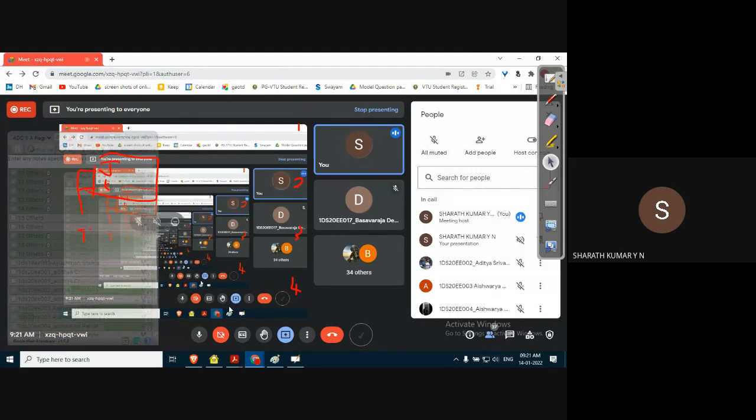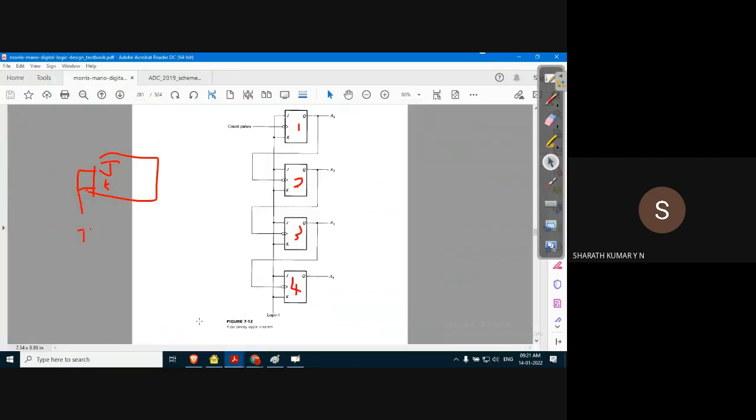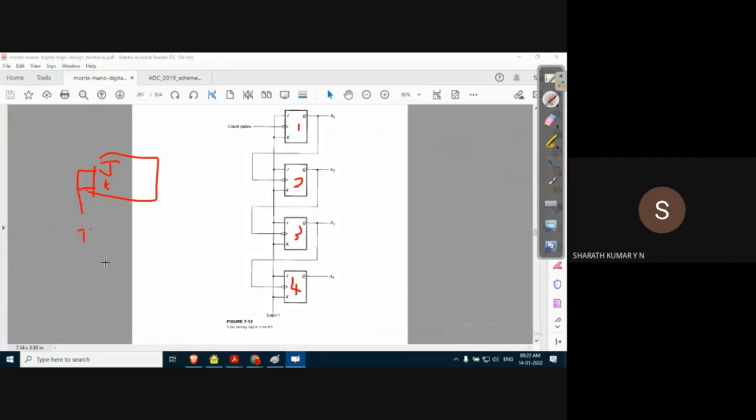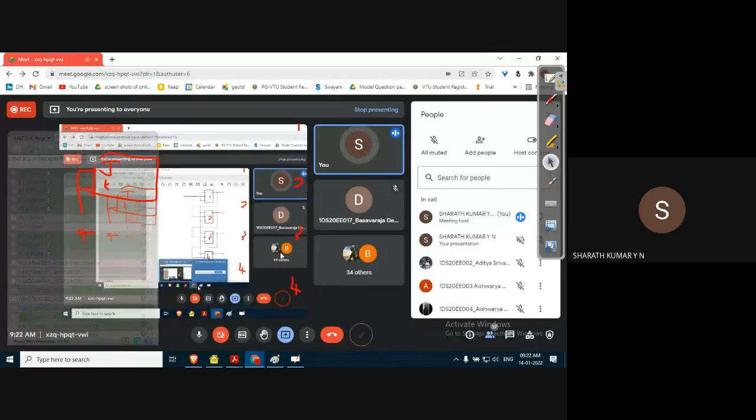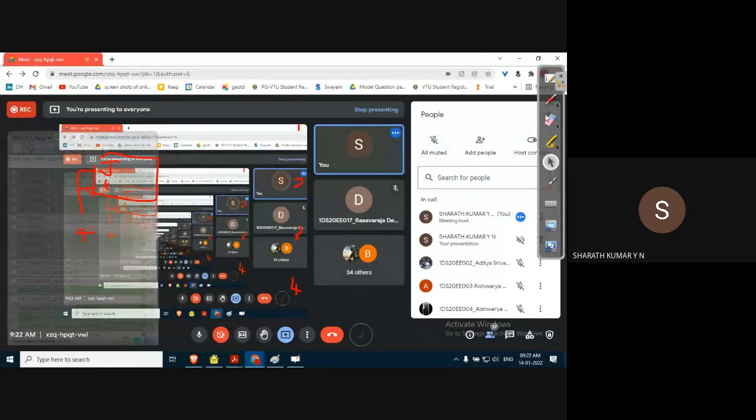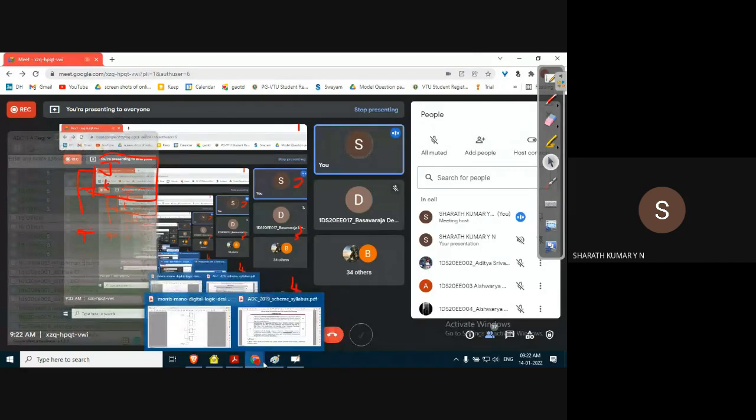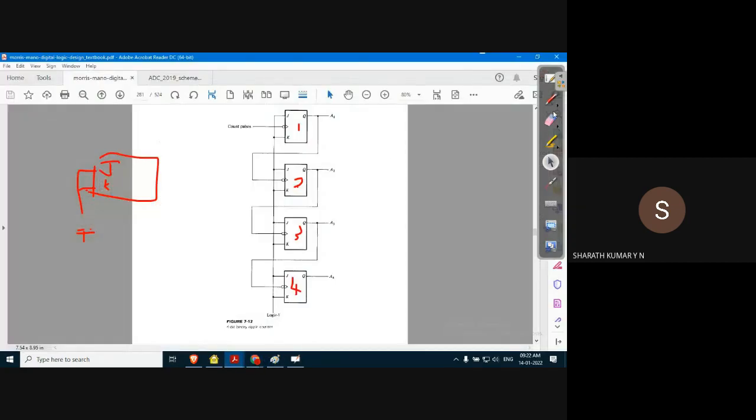Yes, okay. Now, so a 4-bit ripple counter has 4 flip flops. A JK flip flop with its inputs shorted and given to a common input becomes a simple T flip flop. If it is connected with a NOT gate, it becomes a D flip flop. So that modification is very easy. Now what happens? Observe this diagram.